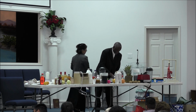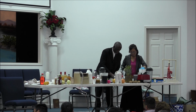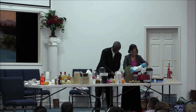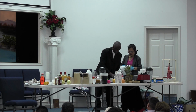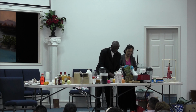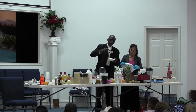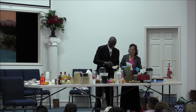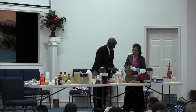Now, I teach people how to make a lot of toiletries: deodorant, toothpaste, washing powder, every kind of toiletry, lotion. When they come to my school, they have to learn how to make all of these things. And they make their own deodorants and roll-on deodorants and face creams and shaving creams and everything. And the simple thing is like what I just did. See, I mixed the water base with the fat, and you emulsified that. And so now it's mixed, and it's a nice, good cream, and you can use that as a means of